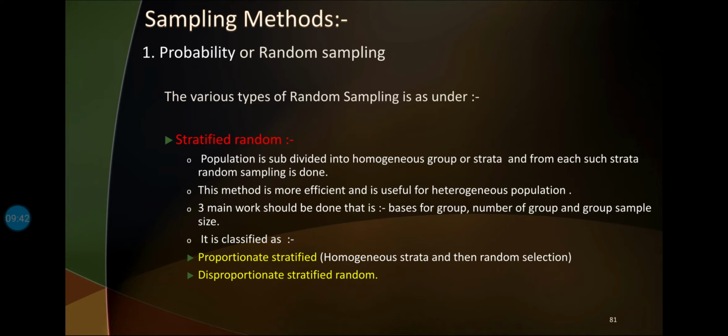So if you take it randomly, then it is the disproportionate method. But if you have calculated, out of the total numbers, the number of students in primary, then the number of students in middle, and then the number of students in higher classes, and you take the ratio of it, and at the time of random sampling you choose that amount of random samples similar to it in the ratio, we say it is a proportionate stratified method.